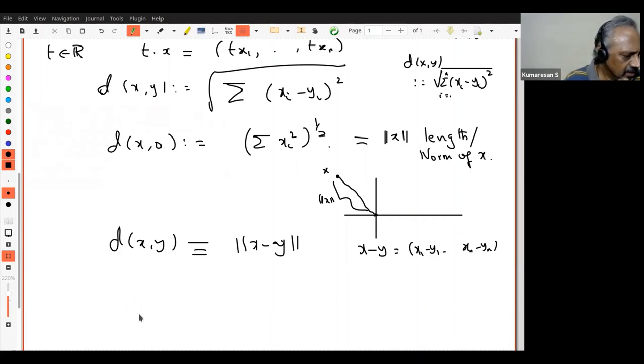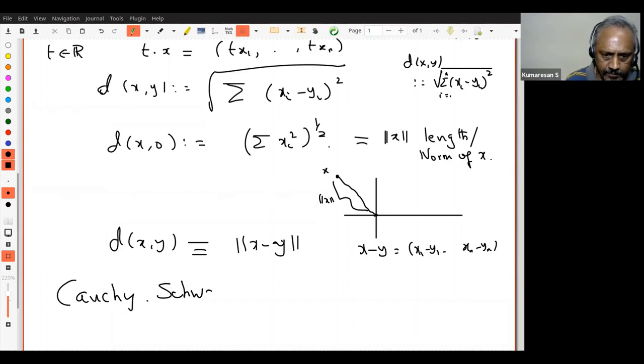Okay. There is one more thing which I need. All of you were asking about gradient yesterday, right? For that, I need that. So let me just state it without proof. This is known as the Cauchy-Schwarz inequality. But for that, I need something more. Maybe I should say that before I come to that.